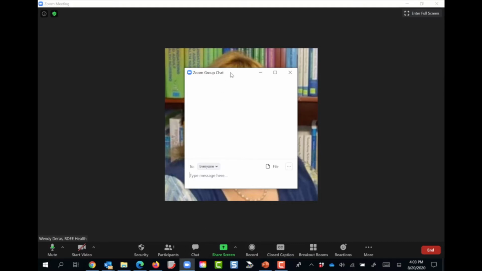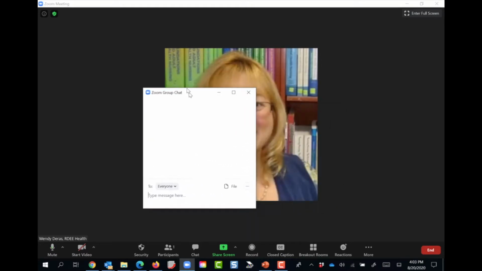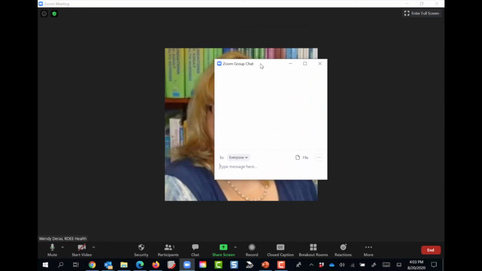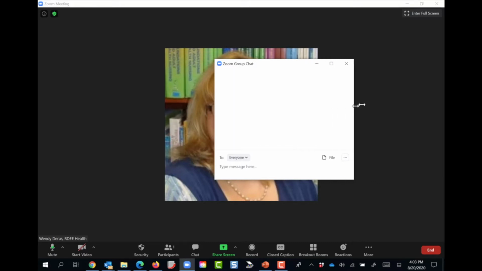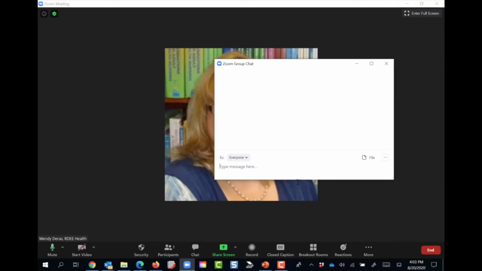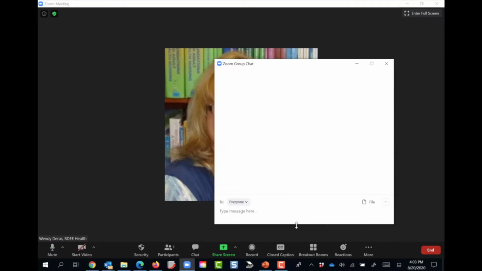What's good to know is you can grab the taskbar up here, or the window up here, the bar, and you can move it anywhere you want on the screen. In addition, you can grab the bars on the side and make it wider, or you can make it longer. This will help if you want a bigger font on your chat message. And what's really great is if you have more than one computer screen, you can actually move this chat window to another screen and make it enlarged so you can keep this chat box open during your entire Zoom meeting